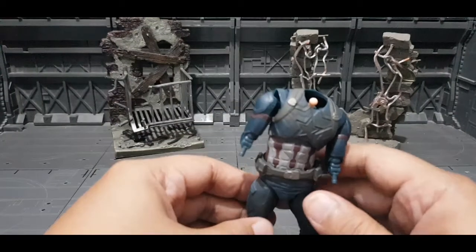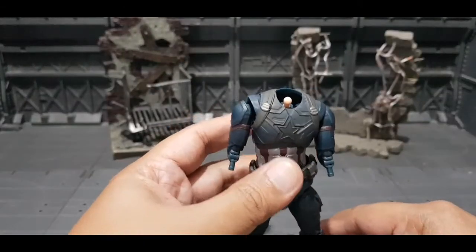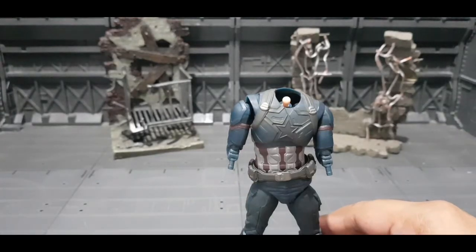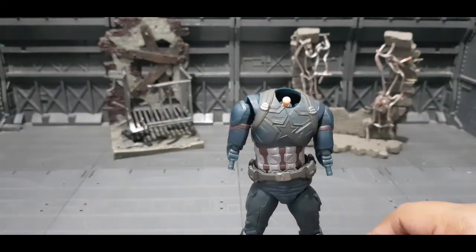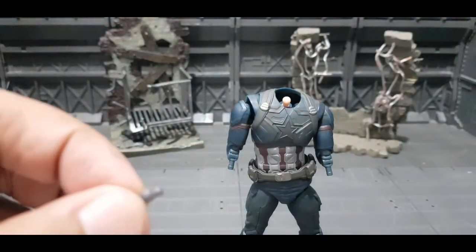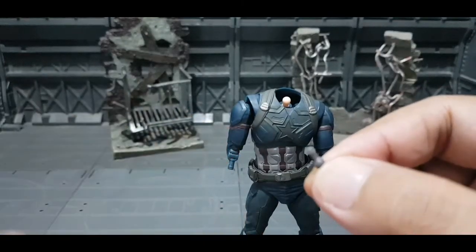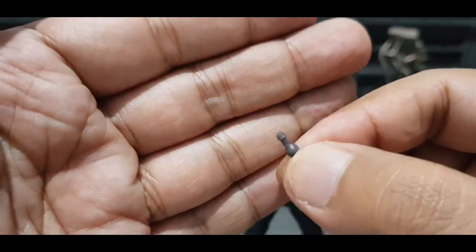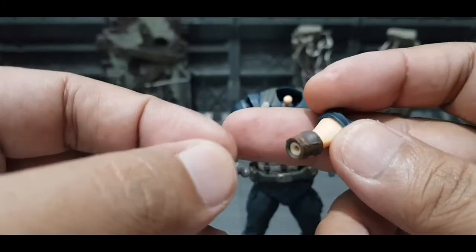One thing that I would want to stress is to be patient, because there's a risk that you might break your existing parts, especially when removing the wrist peg from the forearms. As you can see, it's very tiny and it has such a long peg inserted into the hand,